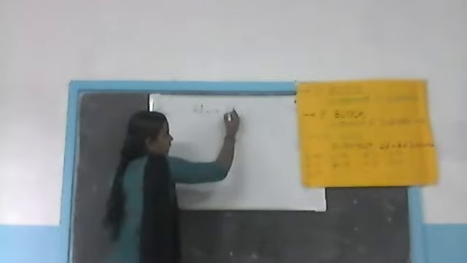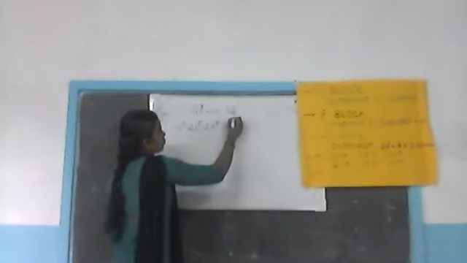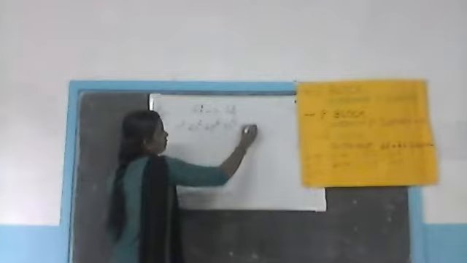I am taking the element 13Al. Aluminium has an atomic number 13. How can we write the electronic configuration? 1s2, 2s2, 2p6, 3s2, 3p, 6 plus 2, 8, 10, 12. So balance 1 needed. Okay, correct it. Now we have to find out the block, period, group.